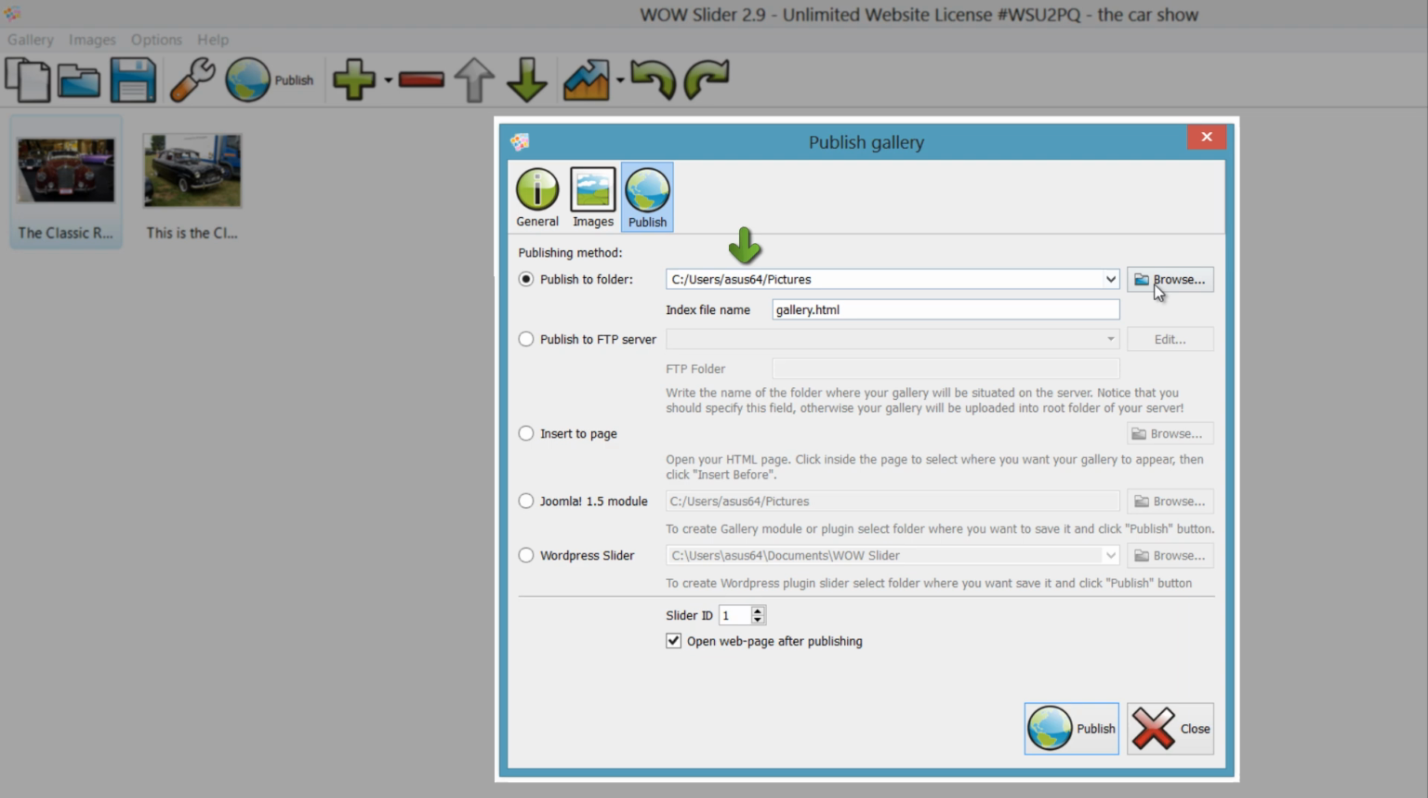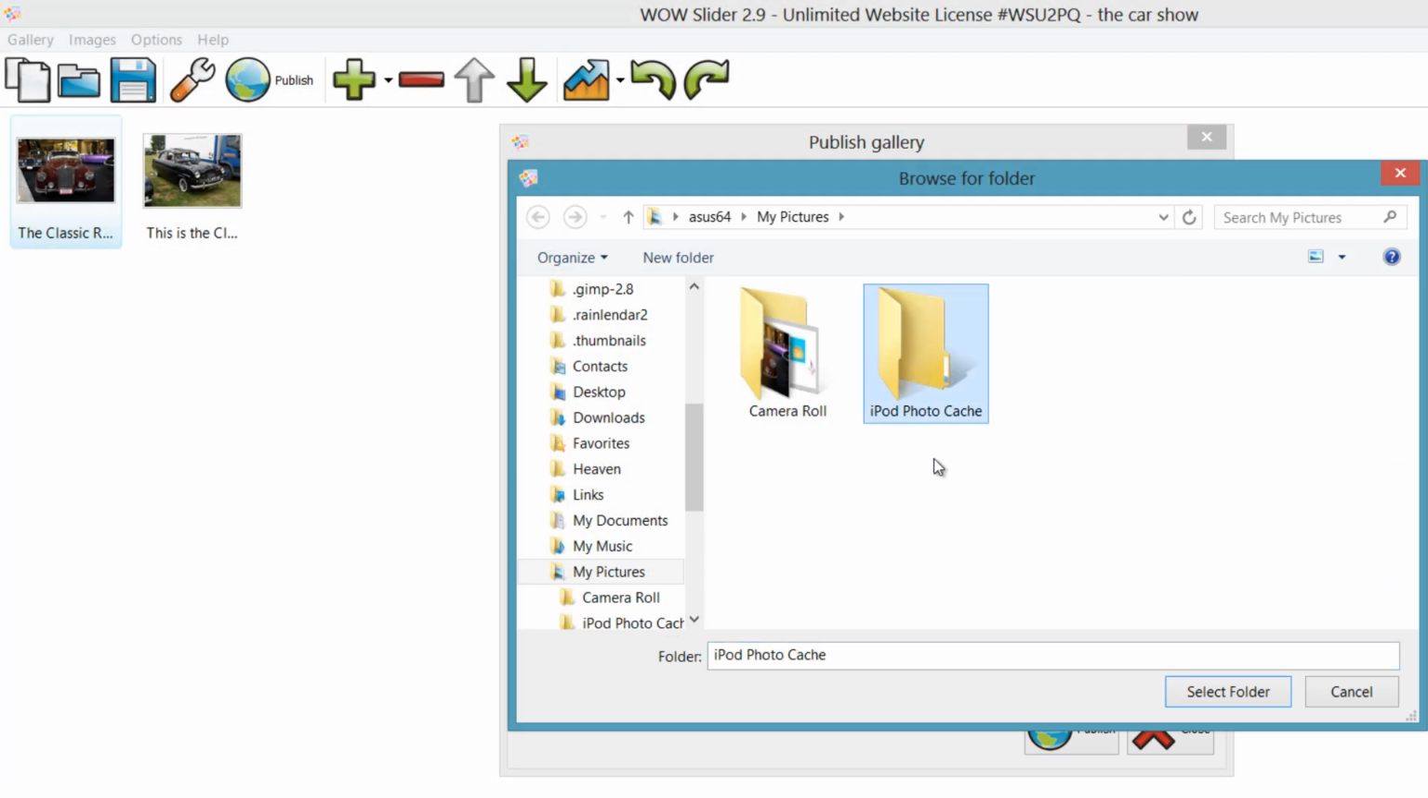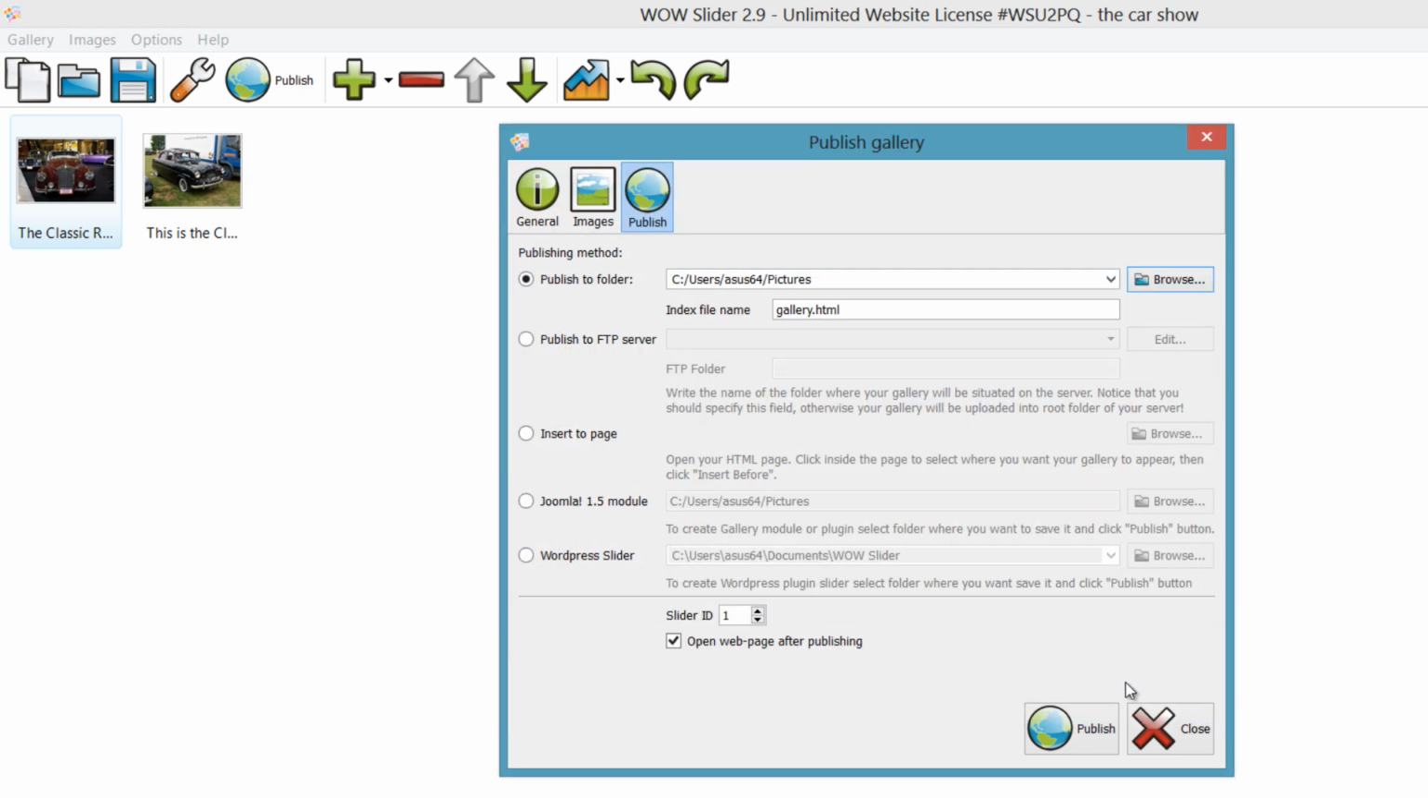If it's not, then click on the browse button and select the folder that you want. For example, if this is the folder that you wanted, you would select it and then hit the button that says select folder. But I'm going to hit cancel because I already have it in the folder that I want it in. So once you pick the proper folder you want, the next thing I want you to do